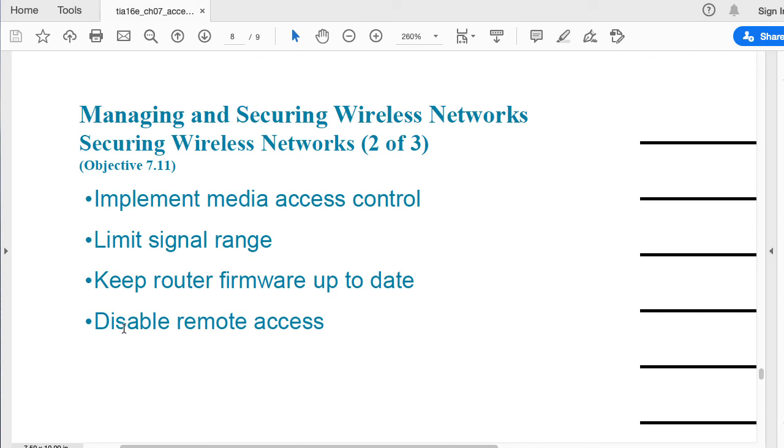Well, if you disable remote access, now you just made it a lot harder for him to get access to your network, or at least to cause damage. That person can get access even if you disable remote access. He can try to crack the password, but at least he or she won't be able to access the configuration of your access point and cause more damage.